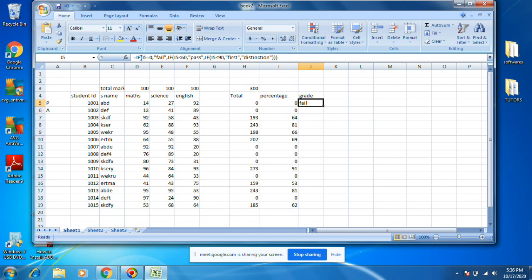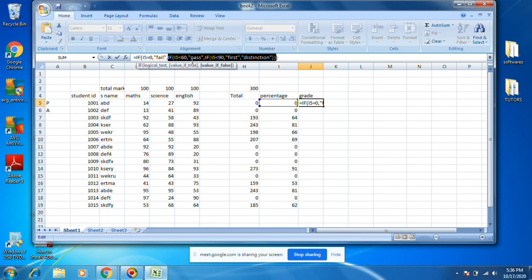Now you see, at the first section, this is the logical test, this is the true value. If I5 equal to 0, it will print fail. If I5 is some value like 64, then it comes here. If I5 less than 60, this is not less than 60, so it goes to false. Now it goes to the false statement. This is true, this is true, this is false.